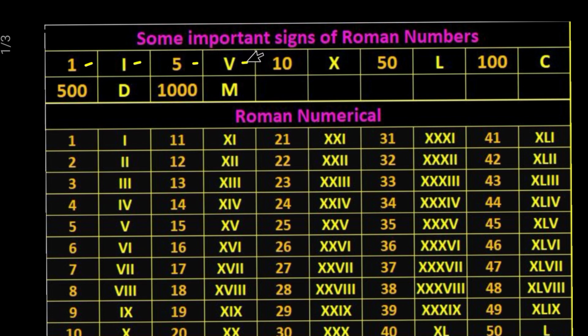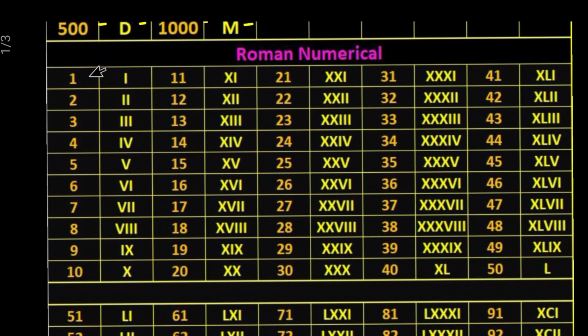for 5 we write capital V, for 10 we write capital X, for 50 we write capital L, for 100 we write capital C, for 500 we write capital D, and for 1000 we write capital M. So this nomenclature you have to keep in mind so that you can solve these Roman number problems easily. So as stated earlier,